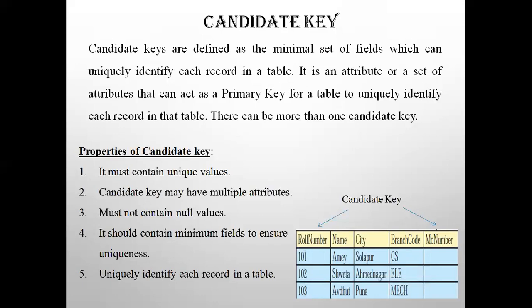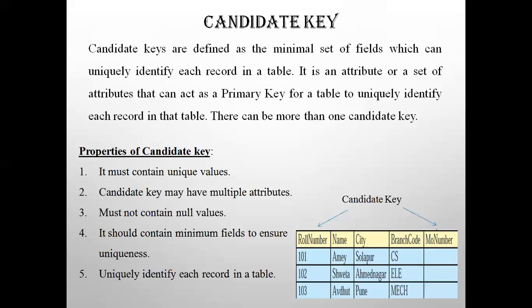Every table must have at least a single candidate key. A table can have multiple also, but only a single primary key. Candidate keys can be multiple, but the primary key should be single only.